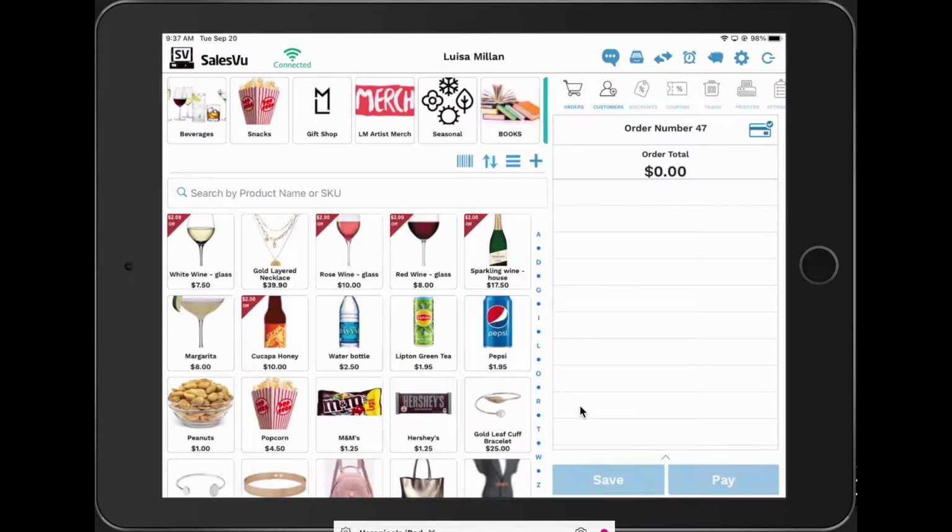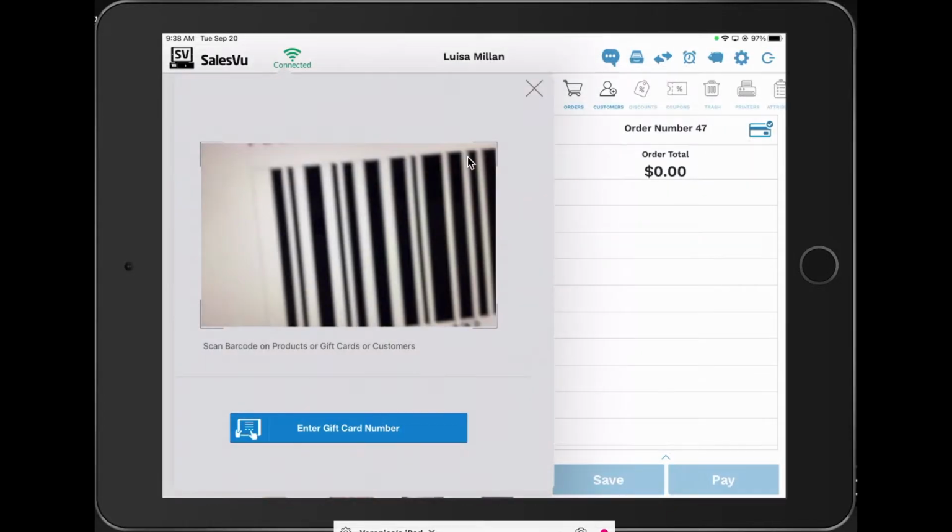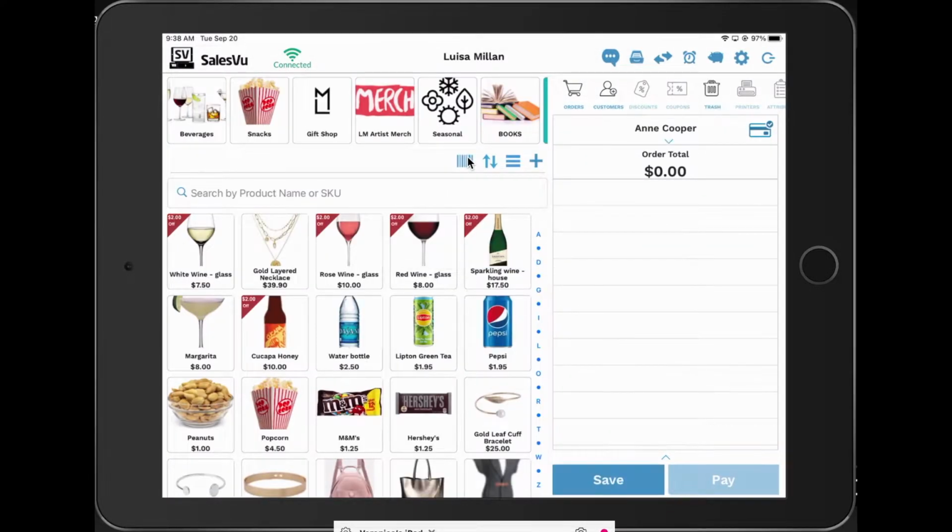Perfect. Another way we can actually find customers is by using the barcode scanner. For this, you can simply click on this place right here, and then what we're gonna do is simply scan the barcode that you already have saved. So that's what we're gonna do in here. And now you can see that the customer has been added. Perfect. Now,